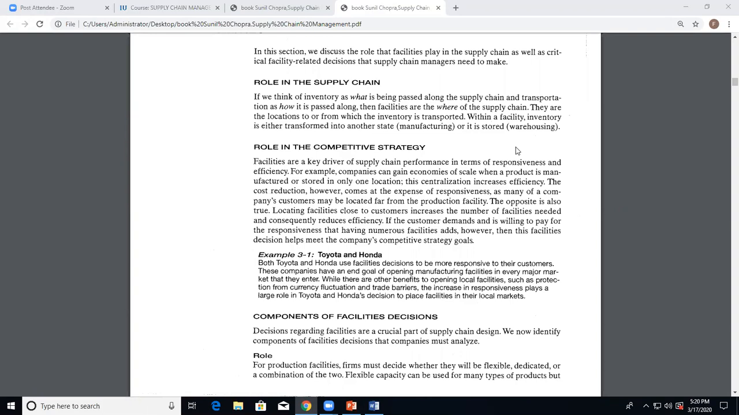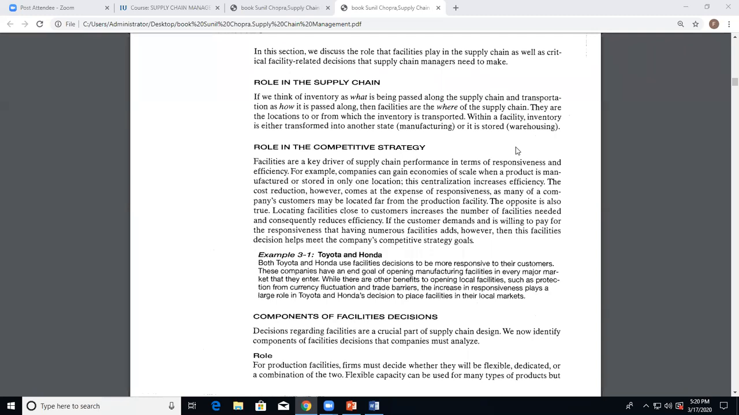अच्छा, these are the locations in the supply chain, so its location is very important। Within a facility, inventory is either transformed into another state or it is stored। This is very important। आप ये डिफाइन करेंगे कि रोल क्या है फैसिलिटी का इन द सप्लाई चेन। एग्जाम्पल से जैसे एक स्टूडेंट ने कहा था, तो मैं बताया था एग्जाम्पल से आपको।